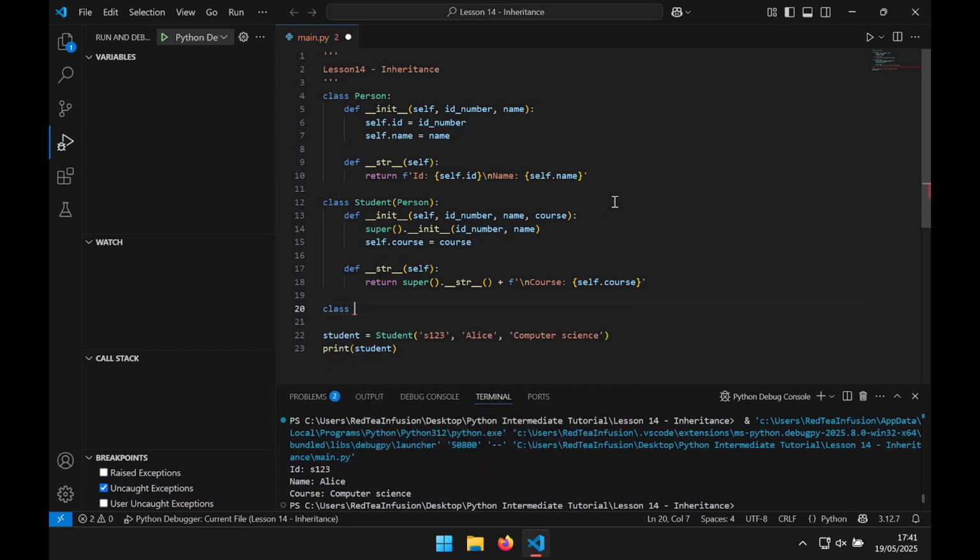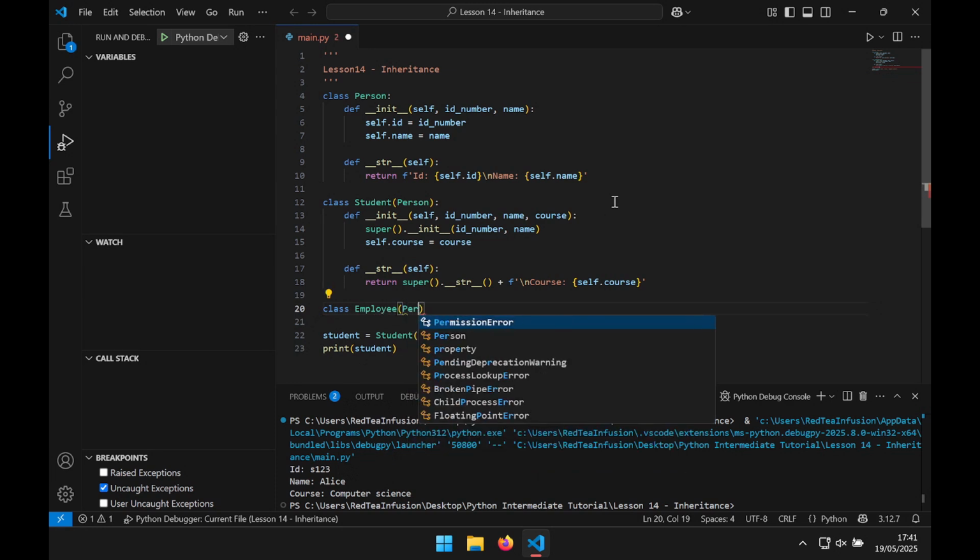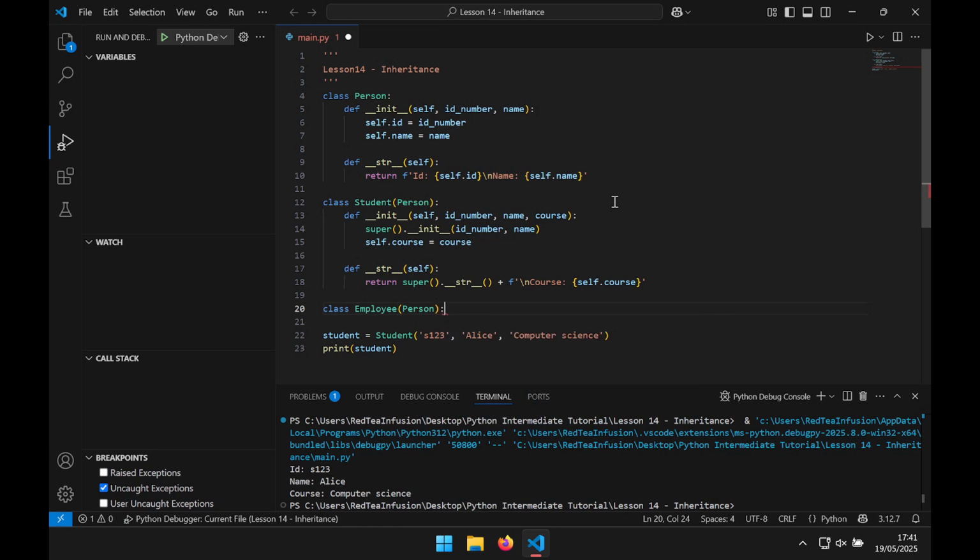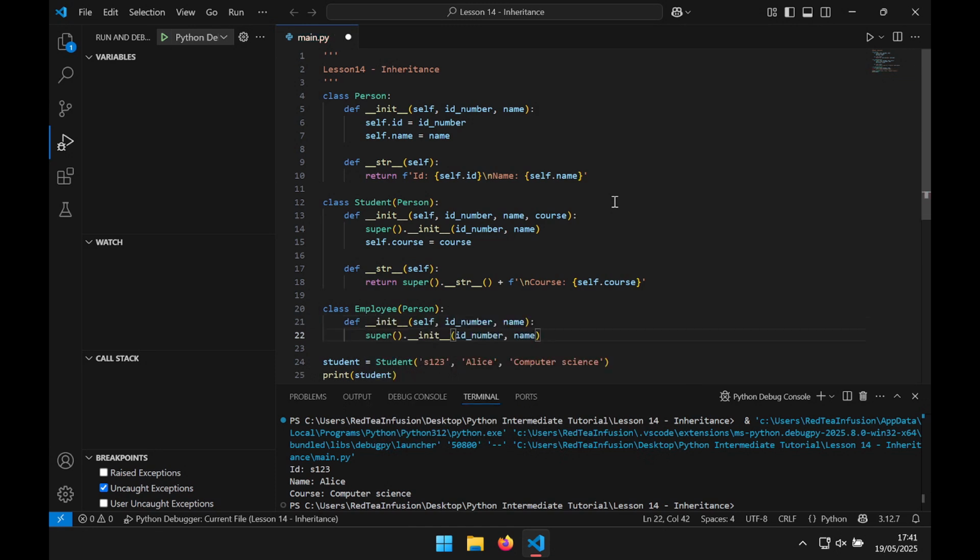class Employee(Person): new line, def __init__, and tab. Let's add parameter, comma, department, and the attribute self.department = department,